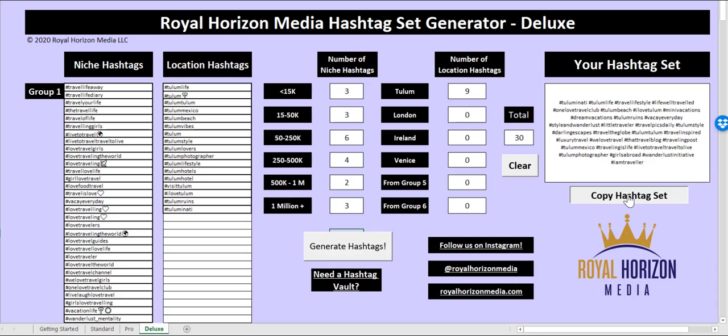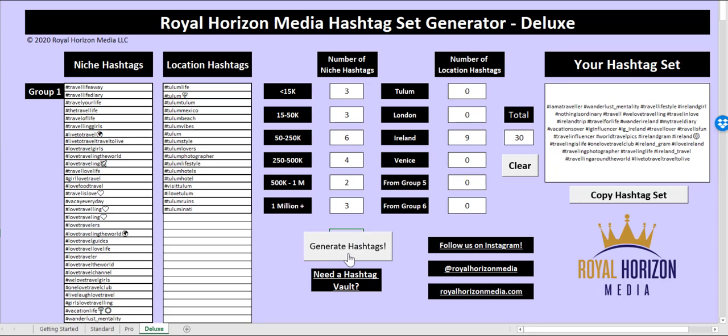Same thing as previously, copy and paste into applicable software or Instagram. And if you wanted to switch out Tulum for Ireland, you'll not only get the new Irish hashtags in your set, but also the different niche hashtags will also change as well.